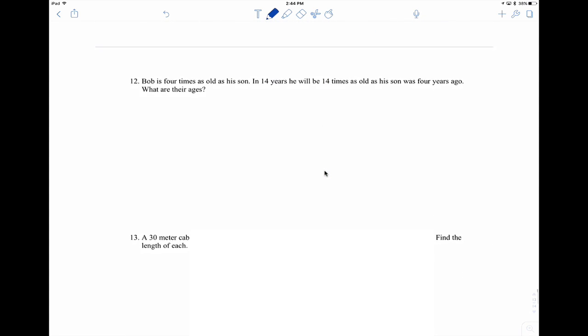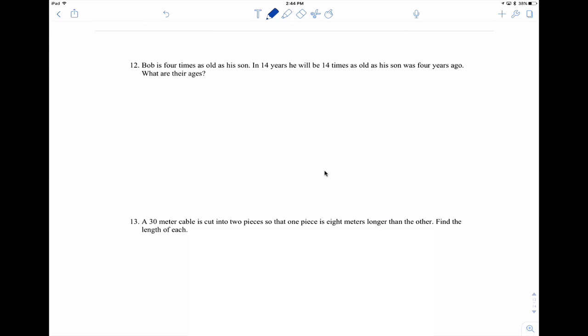Same thing here with Bob and his son. Bob is 4 times as old as his son. Let x be the son's age. Let 4x be the man's age. So in 14 years, he will be 14 times as old as his son was 4 years ago. In 14 years, the he in this case is Bob, the man. So 4x,